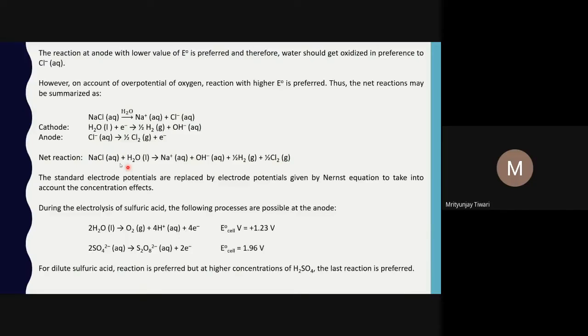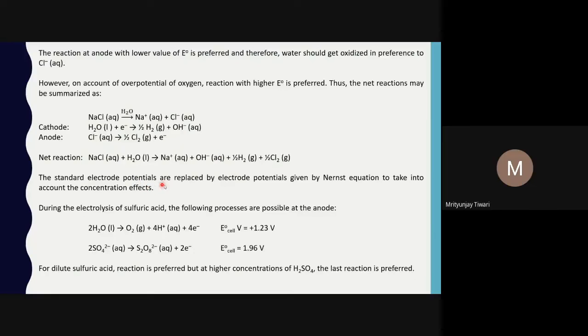And thus, to obtain sodium metal, we don't use an aqueous solution of NaCl. Why don't we use it? The reason is already explained: you won't obtain sodium metal, because sodium is not getting reduced there, because of the presence of water. Some other reaction is happening which is more feasible at the given conditions.